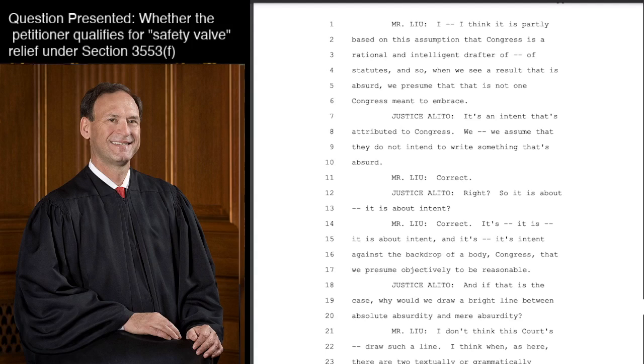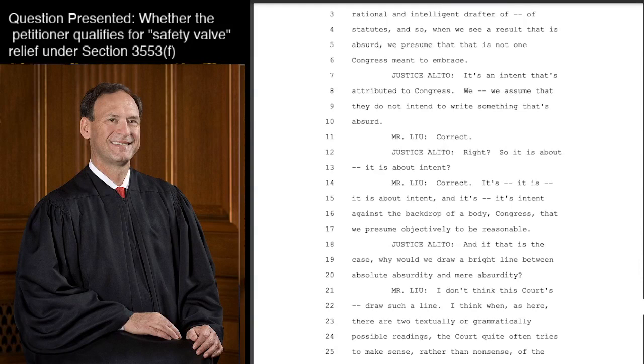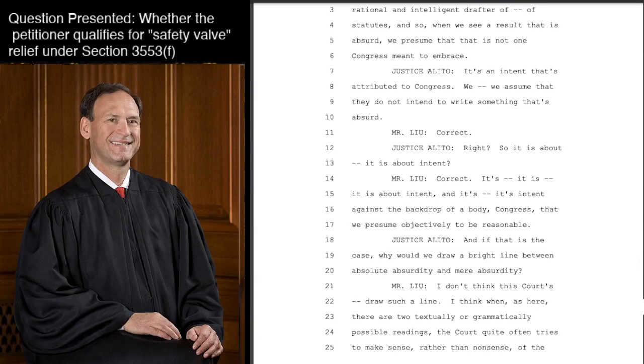I think it is partly based on this assumption that Congress is a rational and intelligent drafter of statutes. And so when we see a result that is absurd, we presume that that is not one Congress meant to embrace. It's an intent that's attributed to Congress. We assume that they do not intend to write something that's absurd. Correct. Right. So it is about intent. Correct. It is about intent, and it's intent against the backdrop of a body, Congress, that we presume objectively to